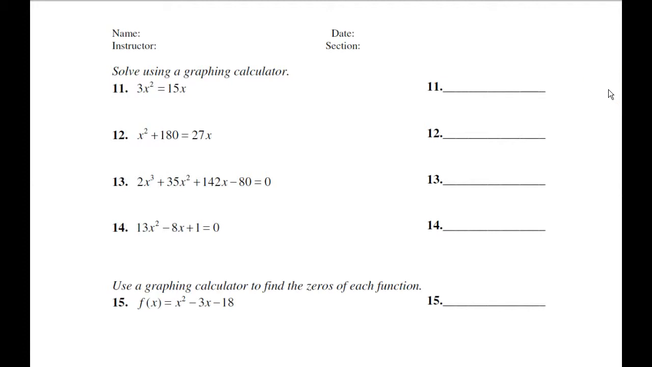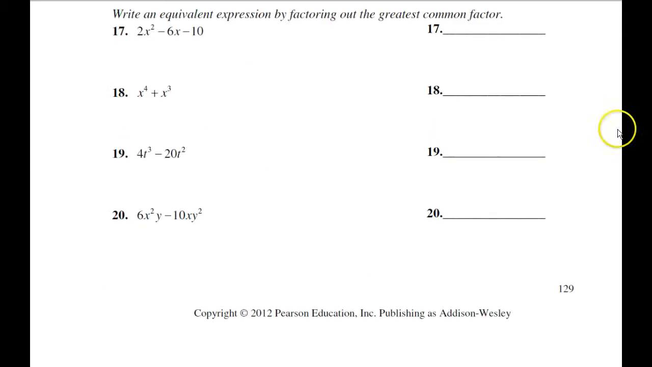Now, for all of these, they're using a graphing calculator, which we don't use. So we will be skipping 11 through 15. We'll show you how to do this manually in a few moments. We'll get back to finding the zeros, which is sort of an exciting thing here, in a little while. Right now, we're going to start doing some factoring